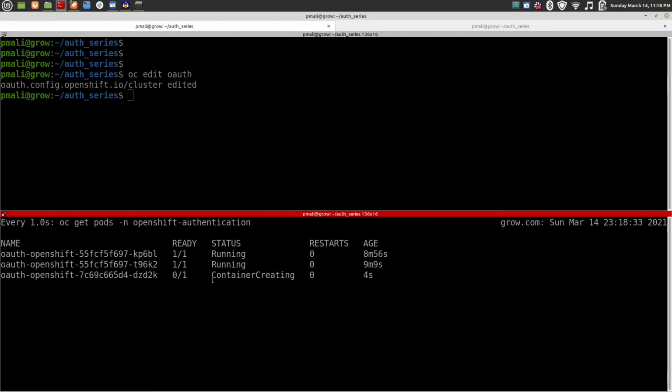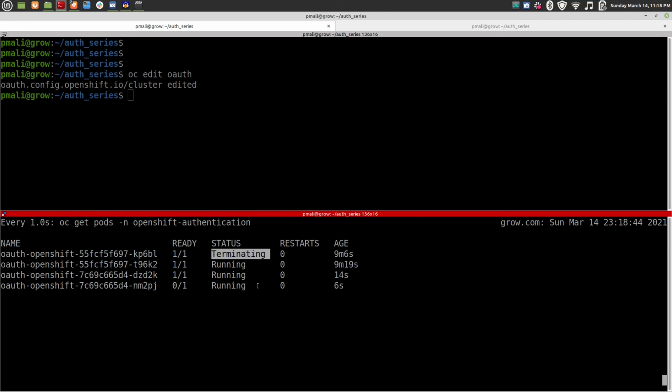Okay, now the new pod is creating. Okay, the old pod is terminating. Now another new pod is creating. So just wait a few minutes for both pods to be in running state and all the terminating pods to be removed from this OpenShift namespace.